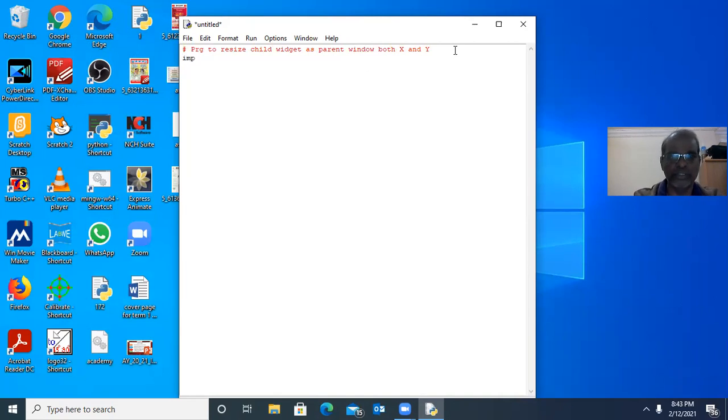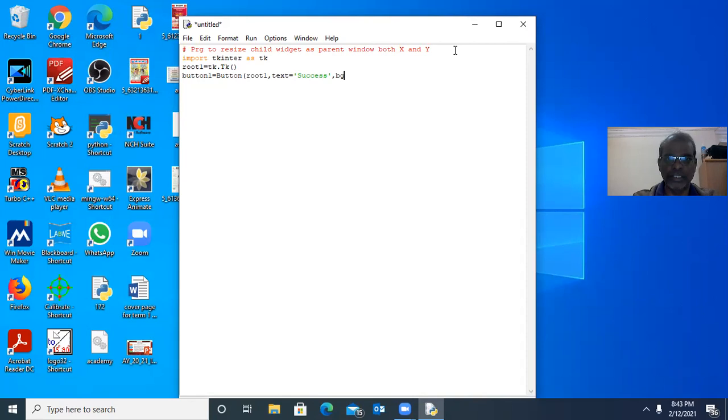As usual, we must import tkinter as tk. Create one top level window. We can have only one child widget, that is button. Button 1 equal to tk.Button, as usual, with only one text, success.